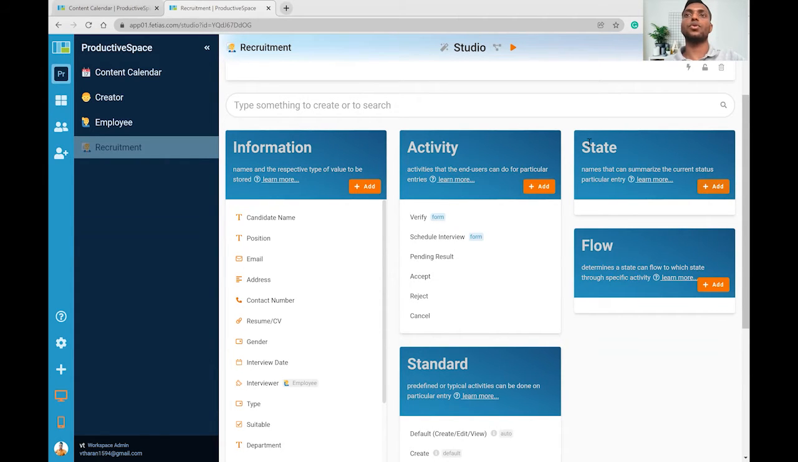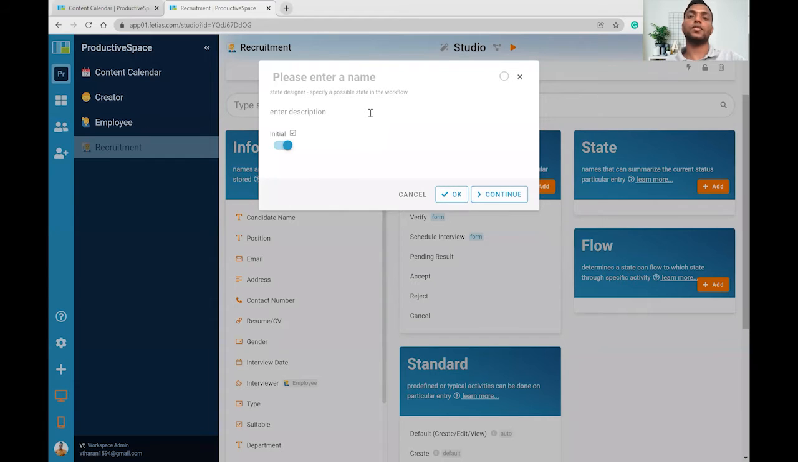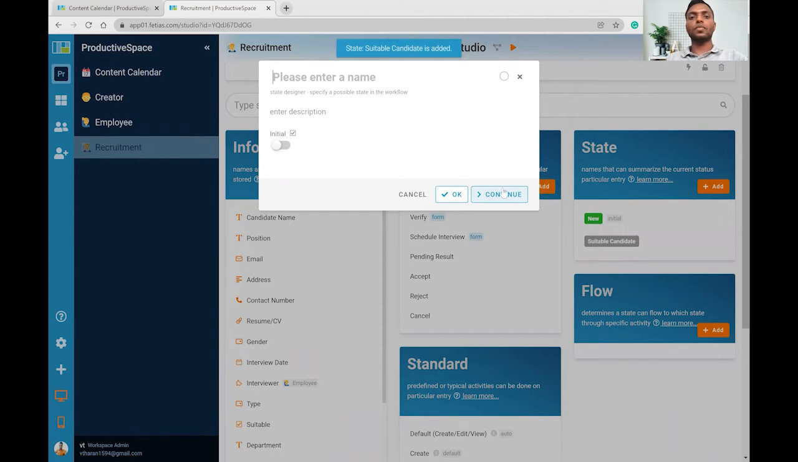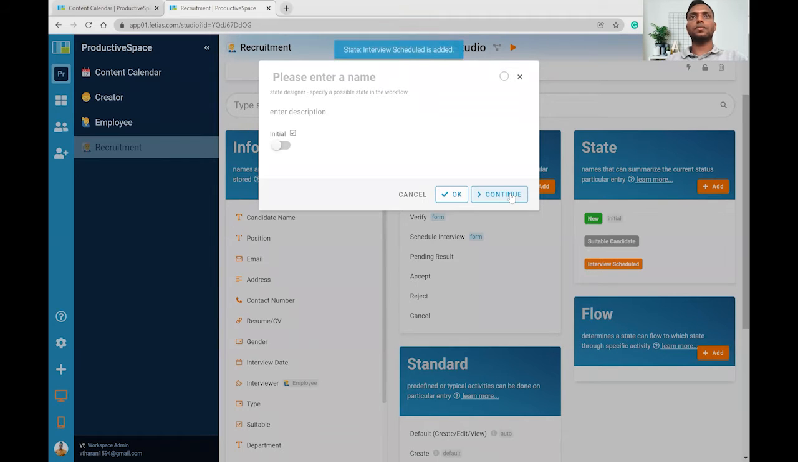State is used to indicate the status of each record. By default, the first state becomes initial. So I want to name it new, indicating this is a new candidate application. Then suitable candidate, interview scheduled,